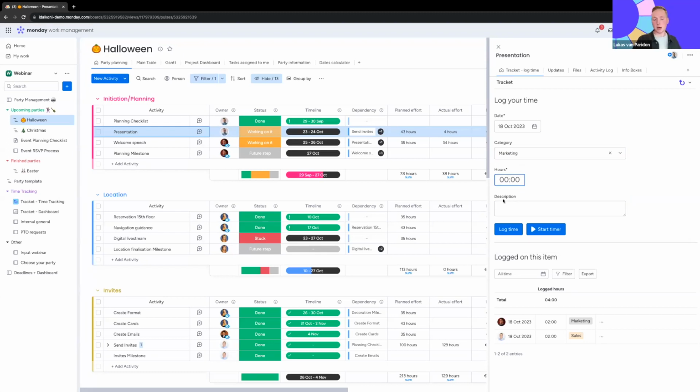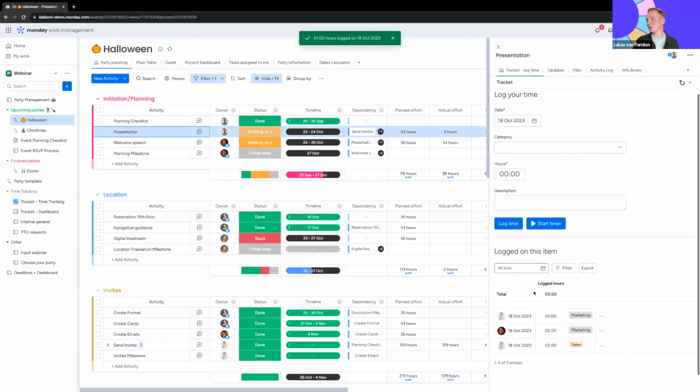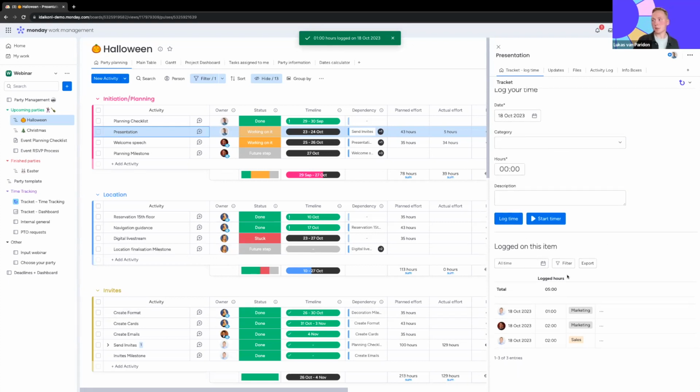And then I fill out the hours like so. Maybe it took me an hour. Then I add a description of what I exactly did. I added in the visuals and log the hours. So once these are logged, you see a brief overview here on the time spent already